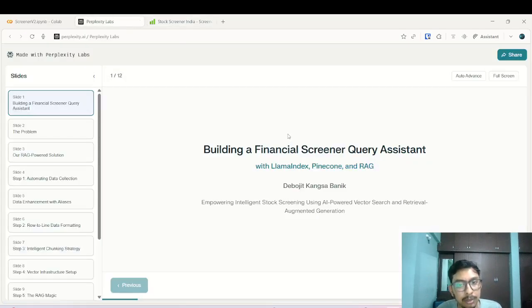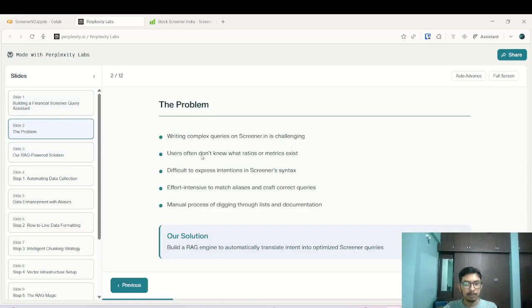So this is like building a screener query assistant. I'm using LlamaIndex and Pinecone. I'll go more into it later. It's for indexing and Retrieval-Augmented Generation. As I explained in the problem statement,